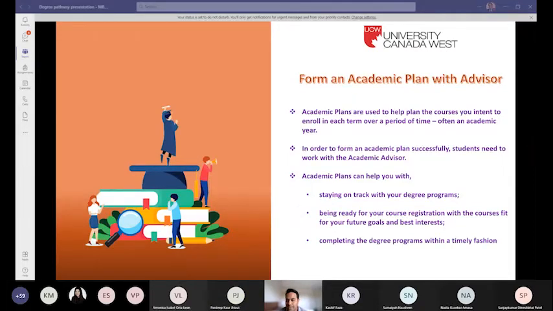So make sure that when you are taking courses for the next term, you know what courses you intend to take, and you're taking the right set of courses based on the program plan you are required to follow in order to complete your MBA in the stipulated time. In order to form an academic plan successfully, a student needs to work with an academic advisor.